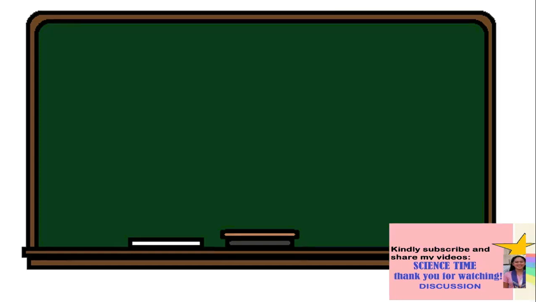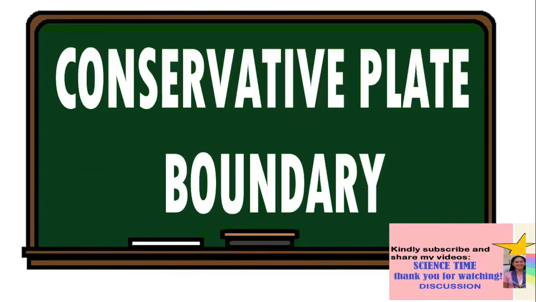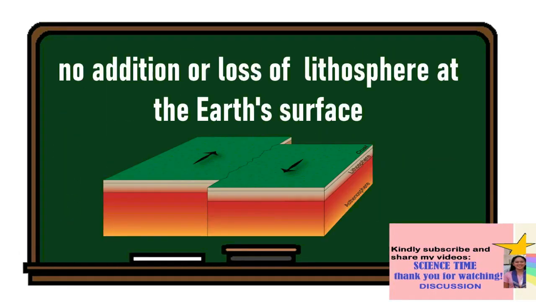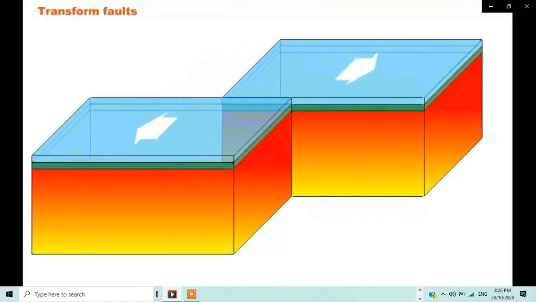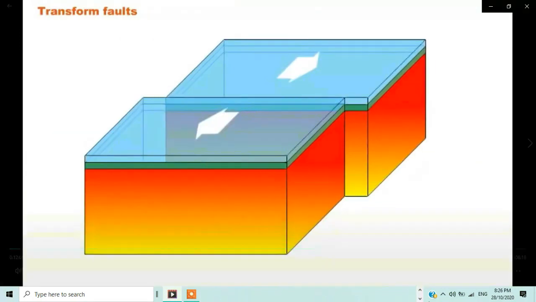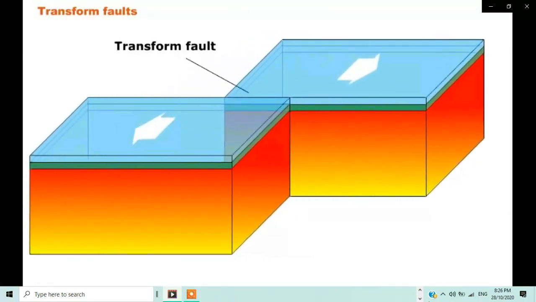Transform fault boundaries are also known as conservative plate boundaries because they involve no addition or loss of lithosphere at the Earth's surface. A transform fault or transform boundary is a fault along a plate boundary where the motion is predominantly horizontal. It ends abruptly where it connects to another plate boundary, either another transform or spreading ridge or a